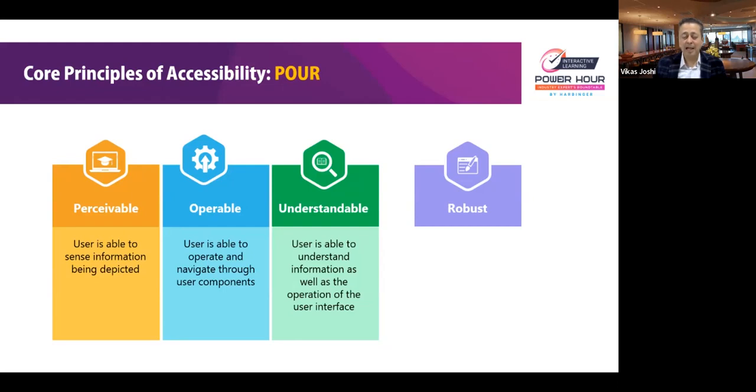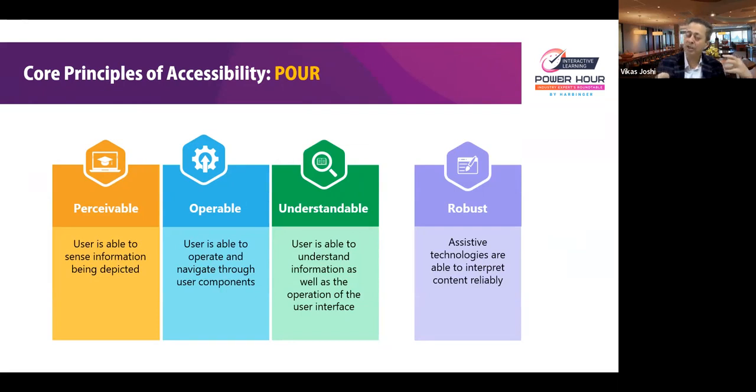The last piece is crucial and interesting. This is the robustness. Accessibility crucially relies on assistive technology. There has to be some piece of technology that makes your content accessible, right? Now, what is assistive technology? Think of screen readers like JAWS or NVDA, or other device-specific assistive features on phones or tablets. I'm sure on many of our cell phones, we see the settings and there are accessibility features in them.